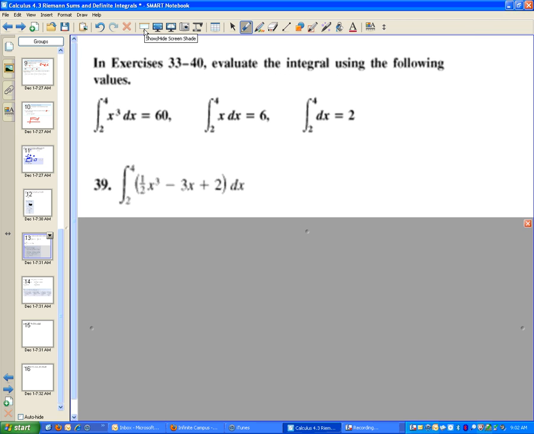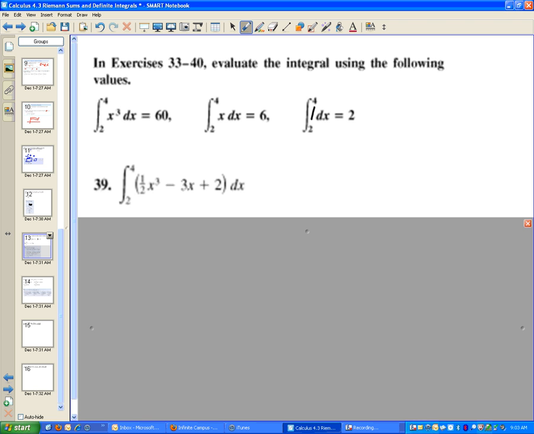Here, they want us to evaluate the integral using the following values. They tell us that the integral from 2 to 4 of x cubed dx is 60. The integral from 2 to 4 of x dx is 6. And the integral from 2 to 4 of dx is 2. Now, that's a 1 dx. Okay? It's 2. Then on number 39, we're supposed to evaluate the integral from 2 to 4 of 1/2 x cubed